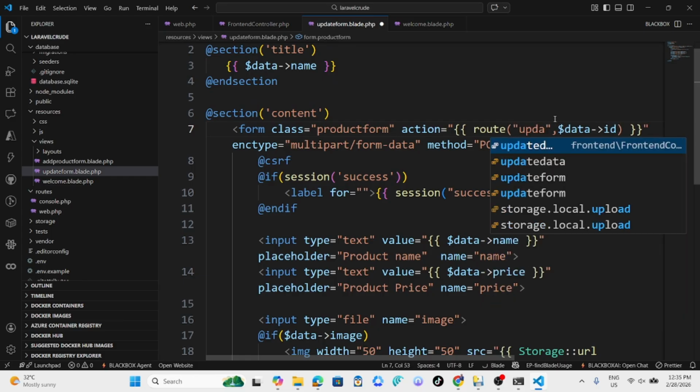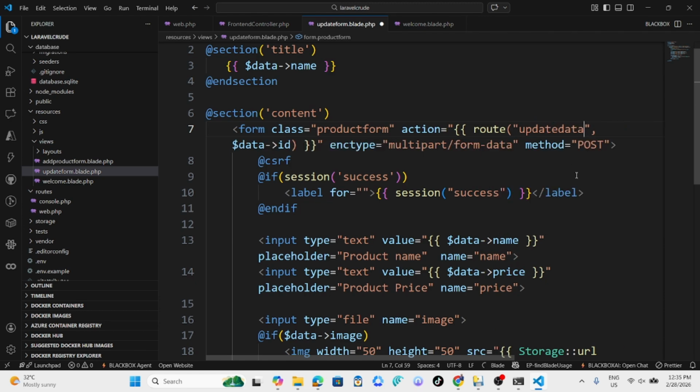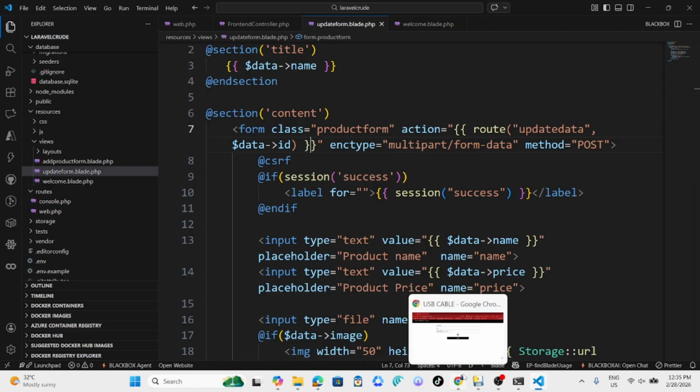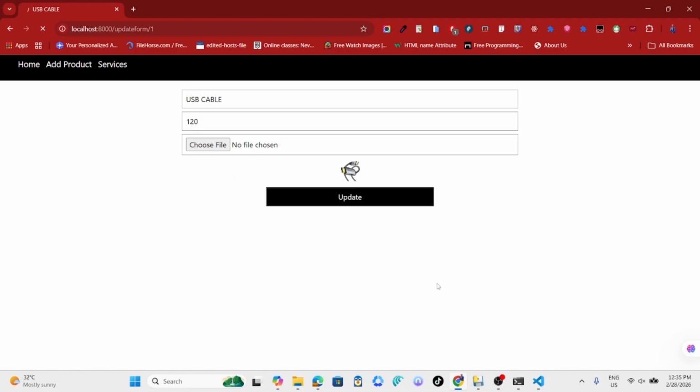We can say update data. Okay. Now the ID is this. What can we do? If you come back here, you refresh the page. Also bear in mind that your ID is ID1. So since the ID is ID1, if you refresh the changes,